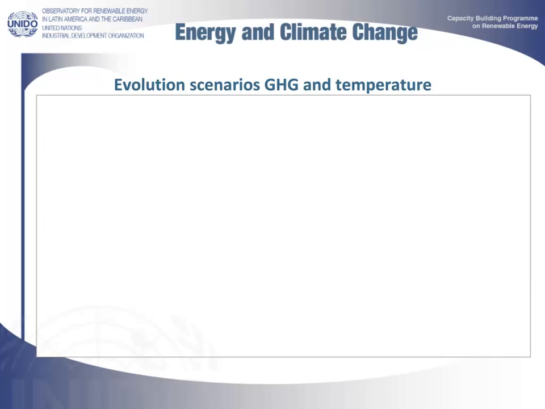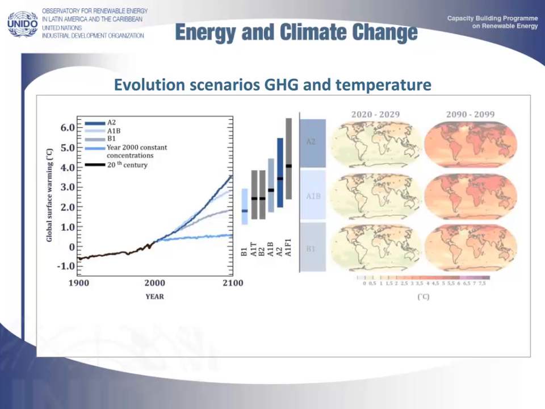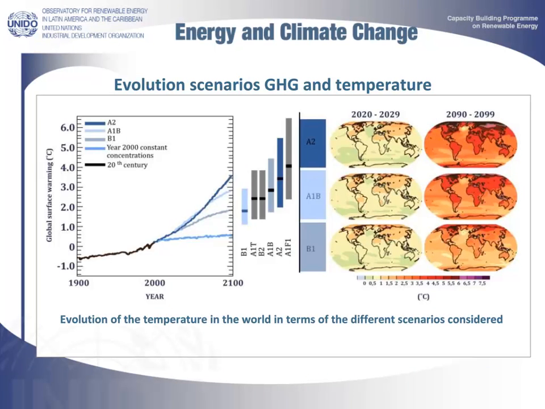This slide shows the change in global temperature at the surface of the Earth in the different scenarios. These scenarios are coherent and consistent descriptions of how the Earth's climate system may change in the future. They include a similar storyline in regard to demographic, social, economic characteristics, and technological change, and they consist of 4 families of scenarios, A1, A2, B1, and B2.